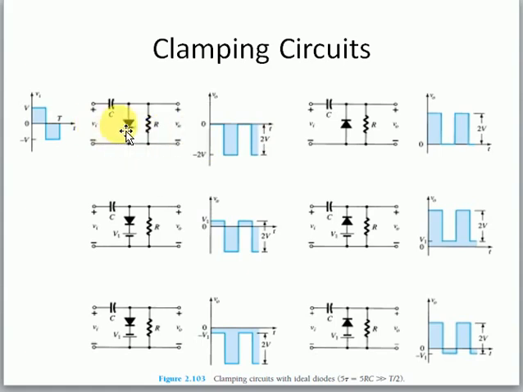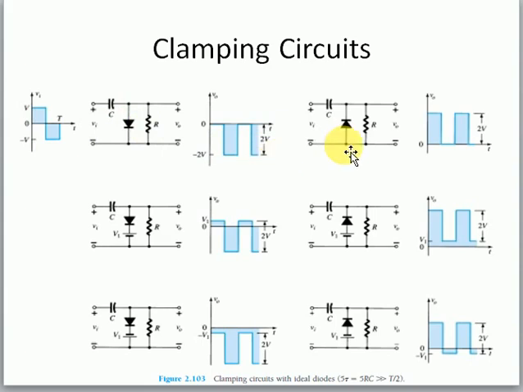So simply, during the positive cycle the diode will be forward biased, so V0 is equal to 0 as Vd is equal to 0, that's why 0 here. And during the negative cycle, the diode will be reverse biased, open circuit. Simply apply the KVL here and you will get the value of 2V.